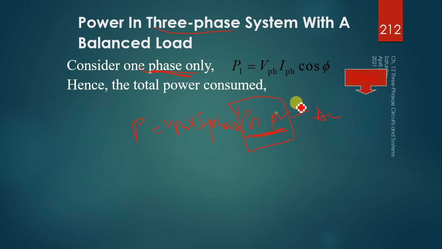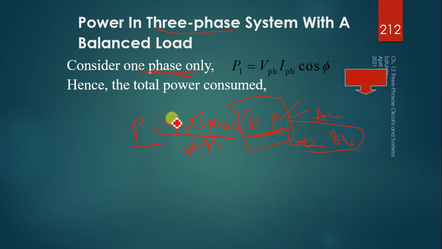This is the phase angle, which is 120. So cos 120 is how much? .814. So your phase current and the phase voltage should be multiplied 0.814 times in order to get the power in watts or kilowatts,